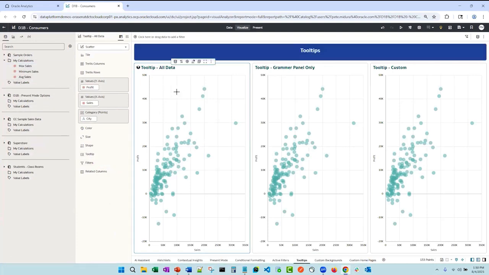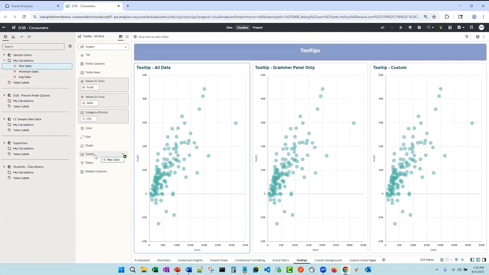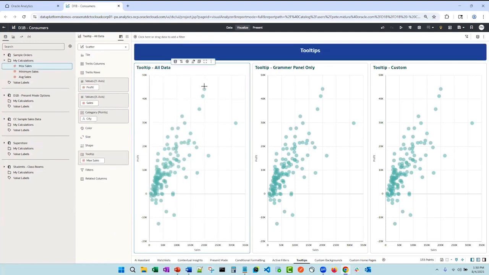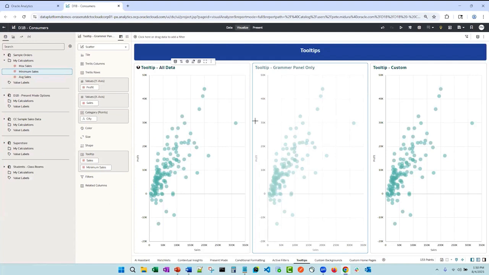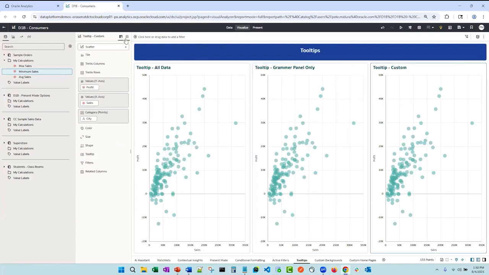So even on the all data, I can drag stuff in this tooltip, and now when I hover here, see, anything that's in that tooltip actually pops underneath, but it's still pulling everything from there, including things you put in the tooltip. Grammar panel only pulls from this tooltip area. So let's bring in min sales. See that? So that's where you're really configuring. I don't want everything in the chart. I only want a few things. And then custom,